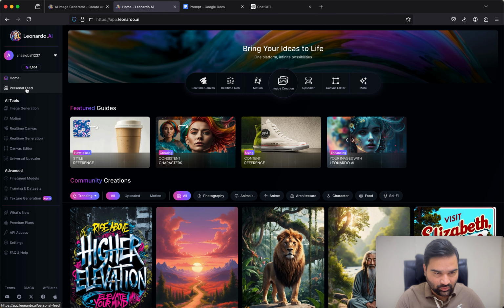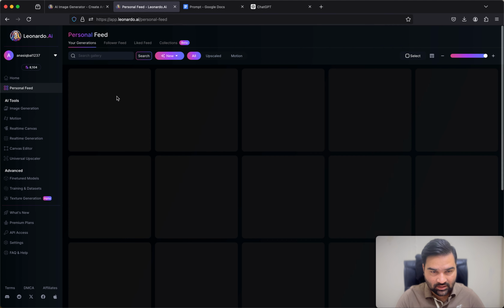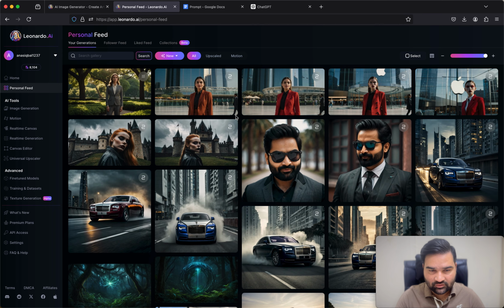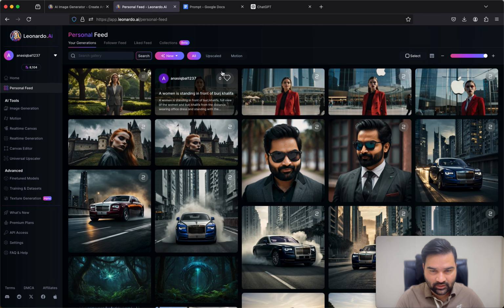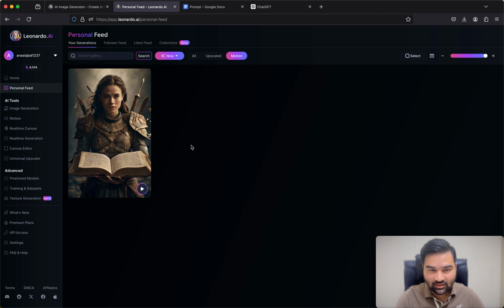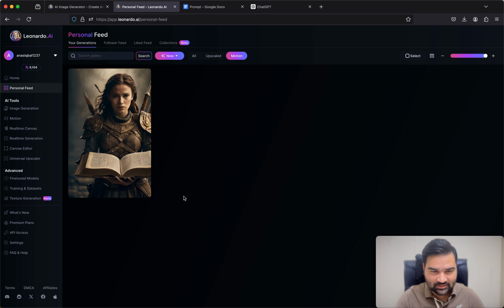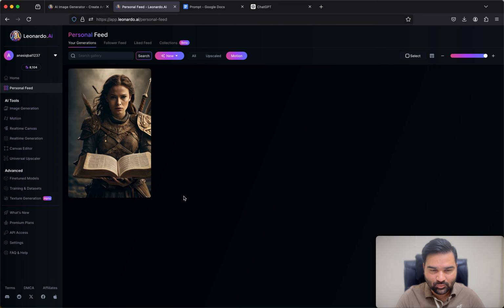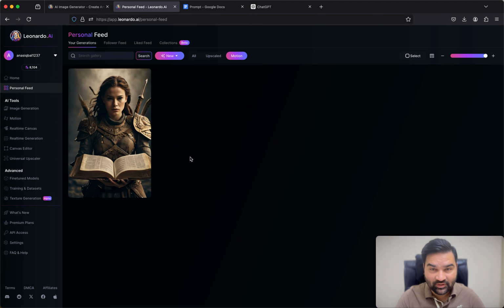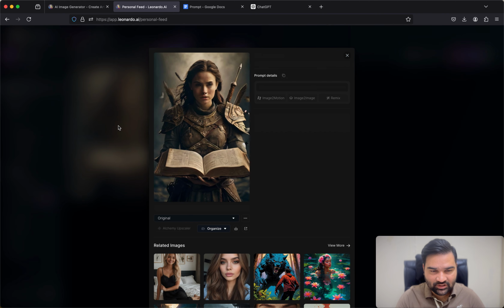Meanwhile, I'm going to check my personal feed. For now, the motion which I created has already been generated. So now let's see how it looks. Yes, you can see the motion has been generated for the selected image. It's very interesting. So this is our first image to motion